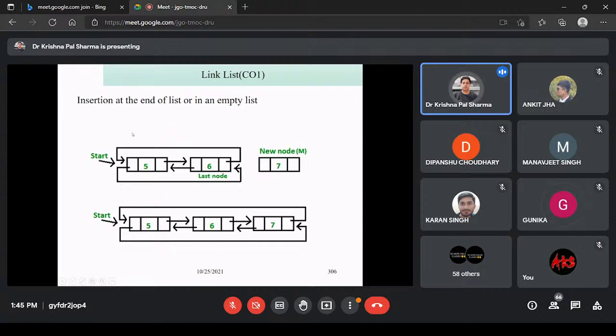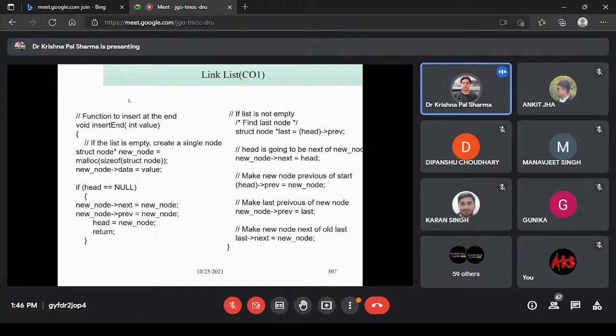Insertion at the end of the list. So this is also the same. First we need to check whether the linked list is empty or not. If it is empty, then the same case applies over here. If it is not empty, then we will set a position. Okay, you need to see what is required in that case if you are going to insert